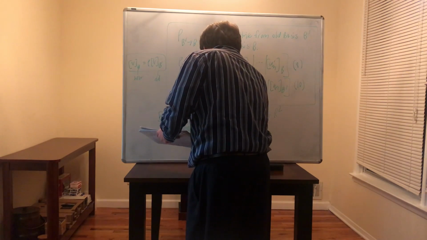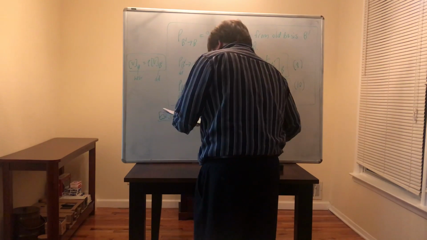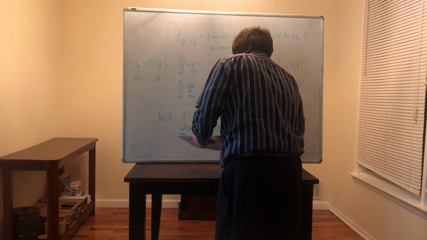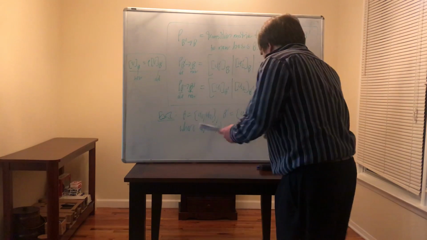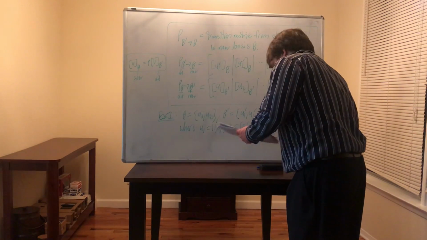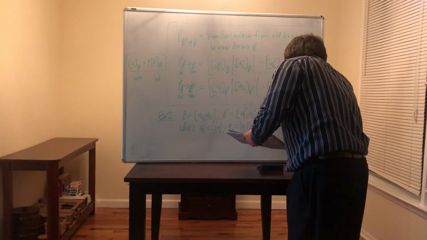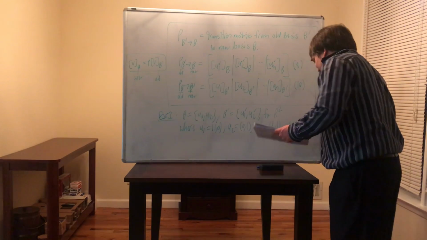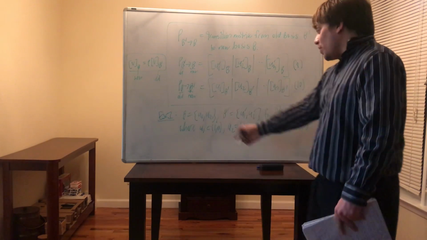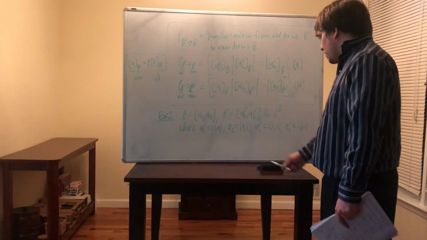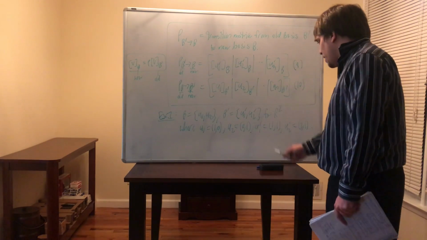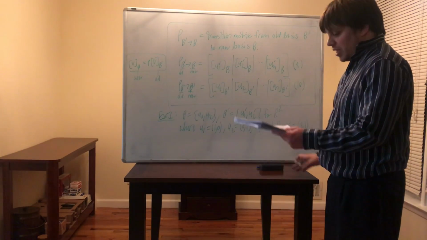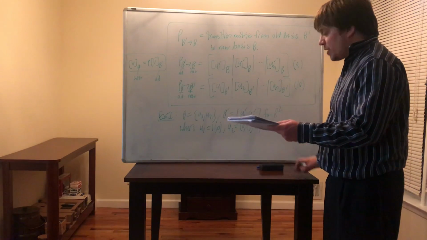Where U1 is 1, 0. So B is that, and B prime is that. Where U1 is that, U2 is that, U1 prime is that, and U2 prime is that. Then let's find the transition matrix